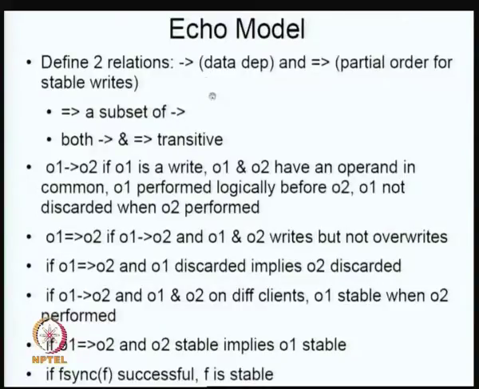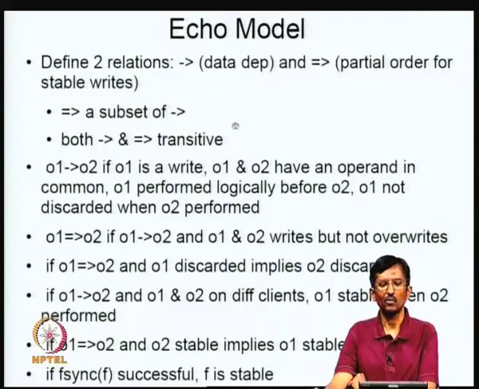The data dependence basically just tells you what the dependency of one operation on another is. It does not say anything about what should happen on failures, whereas this one says what should be done with respect to the flushing if there are failures. So that is why we need these two notions. What we are doing here is to take care of the situation where you will only have the writes in the way this particular order has specified. You want to make sure that they all get flushed to disk in a particular order.